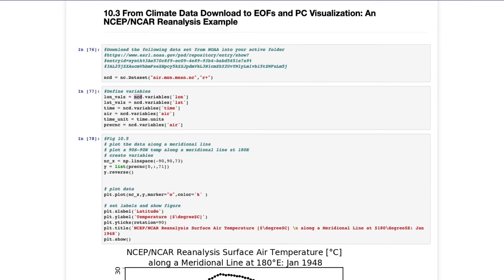You are going to use your dataset name followed by the word variables with which variable you would like to import. We're going to import the longitude, latitude, time, and air data using this method. We're going to also import the time units. Rather than using the air variable, we're going to use pre-CNC as our air variable, which represents the air temperature